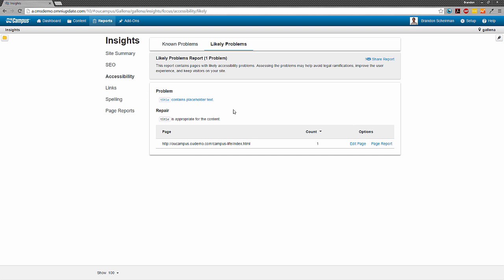Once again, same situation: it'll list the problem, you click on the link for a little more information, and then you perform the repair on the pages that have been listed as causing an issue. If you run Accessibility Checker a lot, you'll notice there's not the other option of potential problems. Those are more hypothetical issues than verified things happening right now, so we figured it's not worth reporting across an entire site level through Insights.